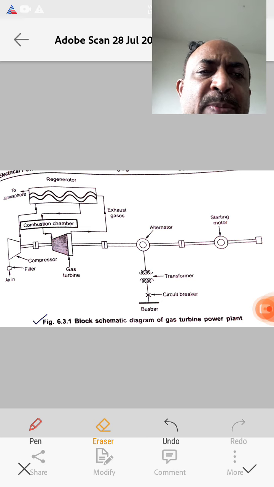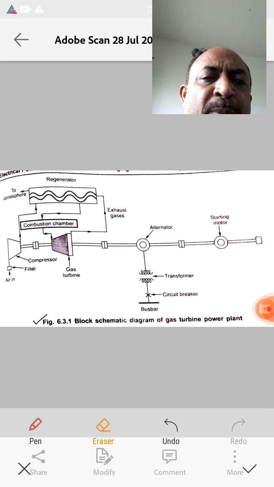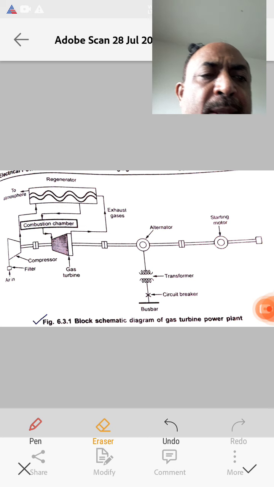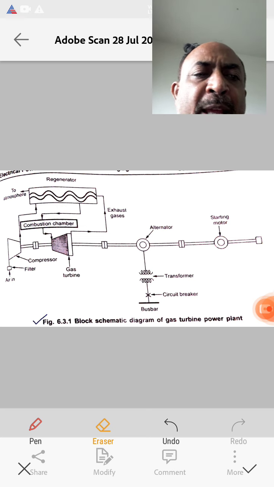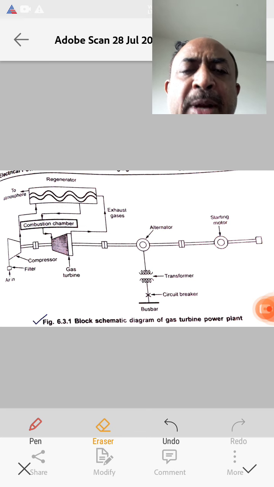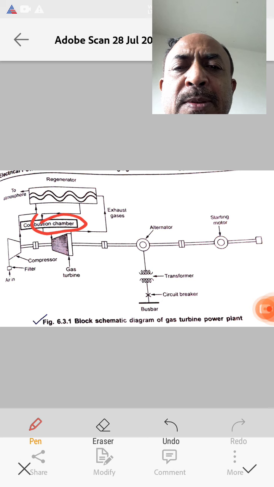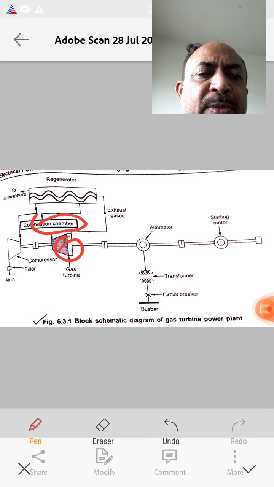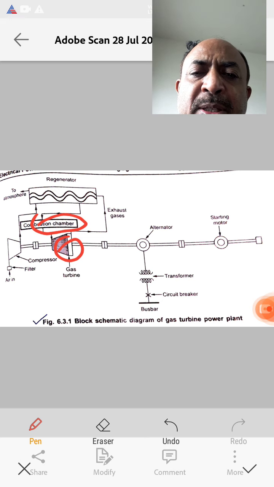Due to the continuous burning at high temperature, the life of the combustion chamber and turbine blades is very less.